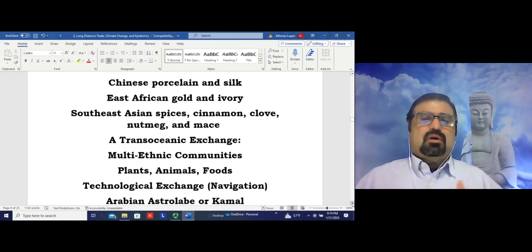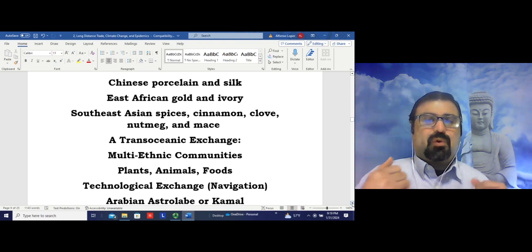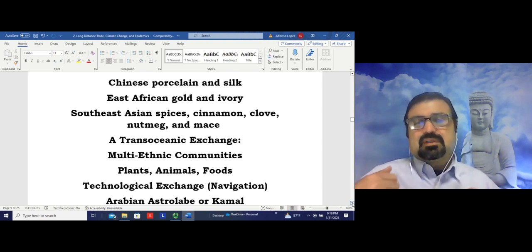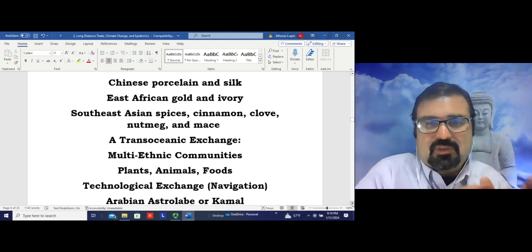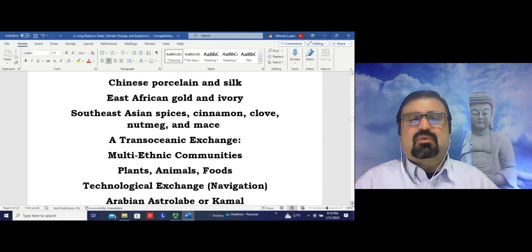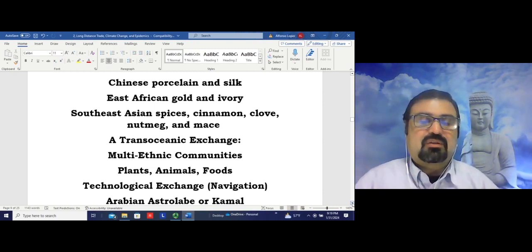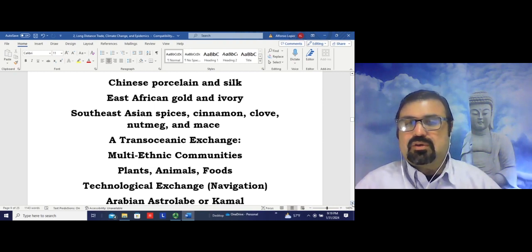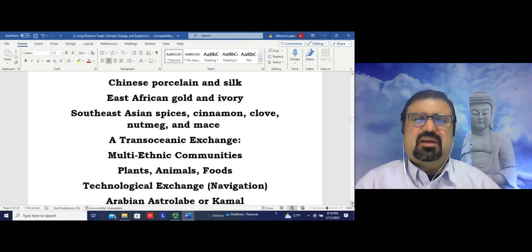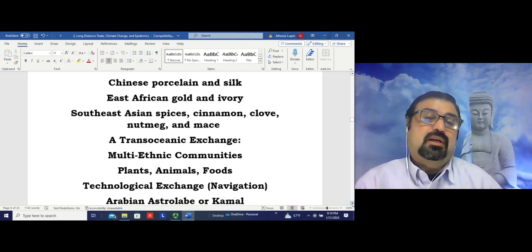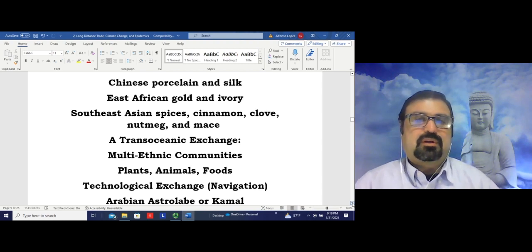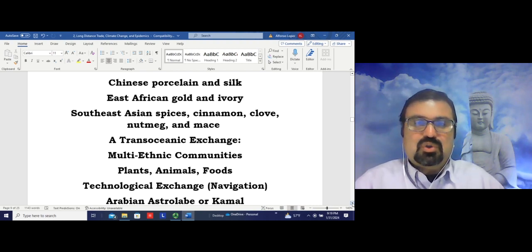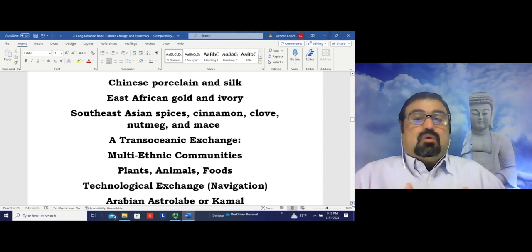In this network, what we see is Chinese silks and ceramics, porcelains, for example, moving west across this network. There was a great demand for silk still, not only in India or Southeast Asia, but particularly in the Middle East, in Persia, and also in the Mediterranean world, in Europe. And one of the major consumers of Chinese silk was Europe at this time. We also see